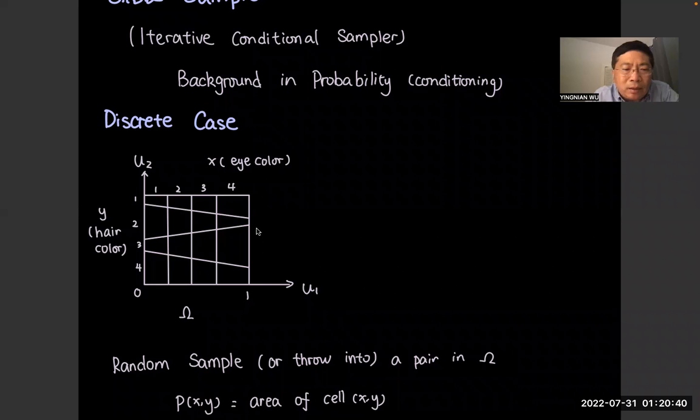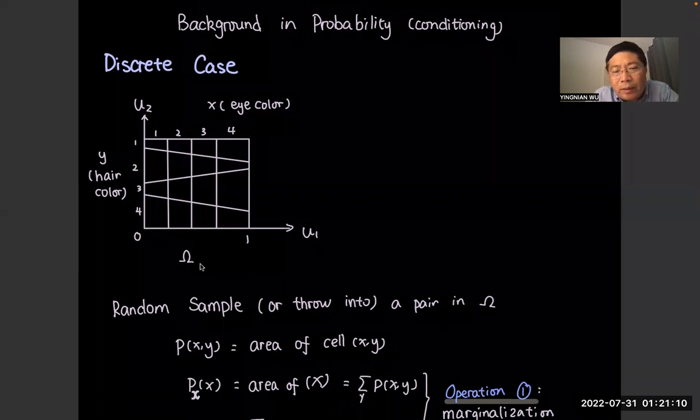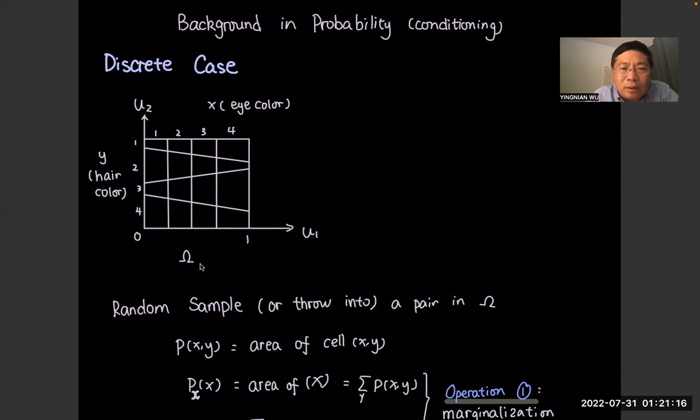Suppose that according to the probability distribution of x and y, we can partition the unit square in this way, so that for x we have 1, 2, 3, 4, and each x corresponds to a column. For y, we also have 1, 2, 3, 4, so that each y corresponds to a row. I just make this an arbitrary shape. We want to get the intuition about the joint distribution and the marginal distribution, and more importantly, the conditional